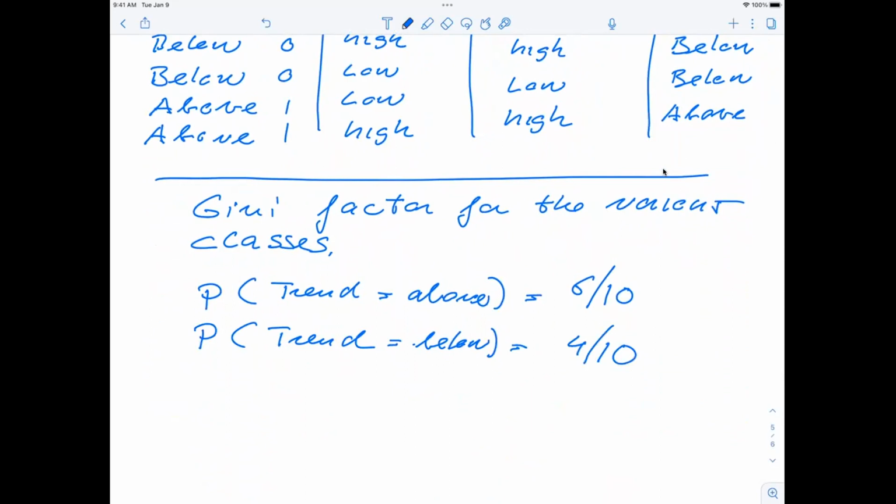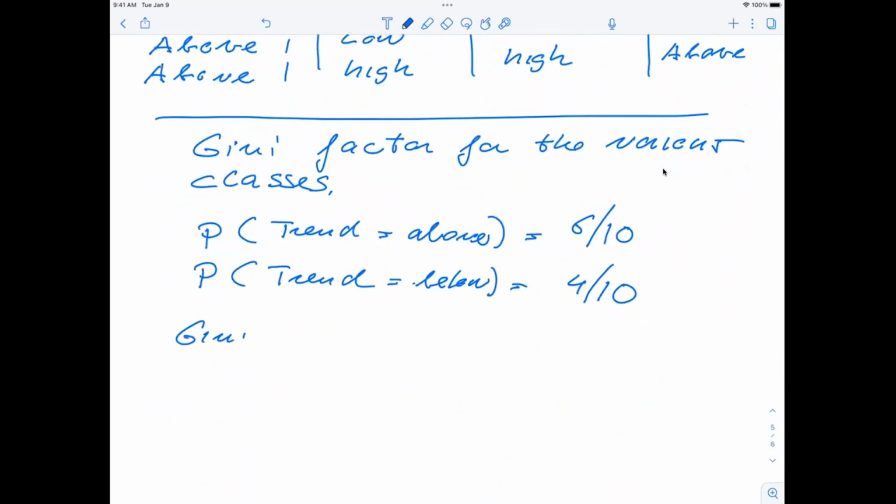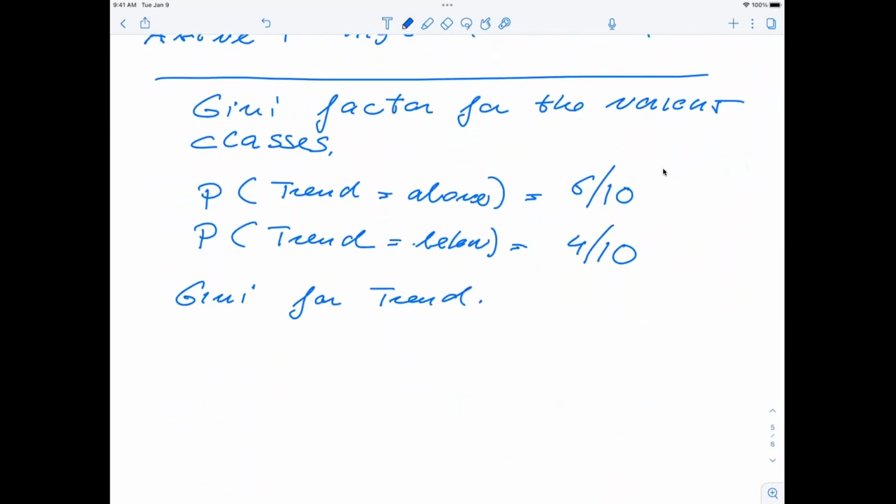So what I want now is the Gini factor for the trend. So Gini, we just call this grade trend for trend. Gini for trend. So we found the probabilities for above and below for these cases. And now what we are going to match this with is the grade output for this specific course. So what we're going to look at now is, if we have trend equal to above, and grade is above,